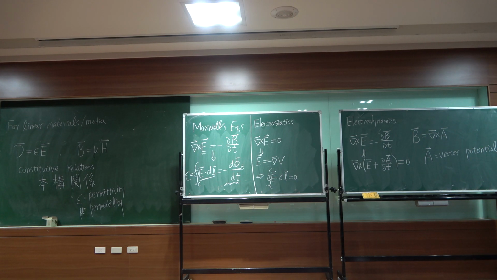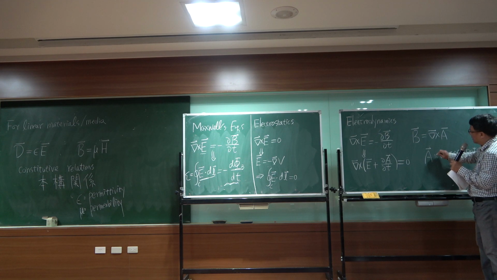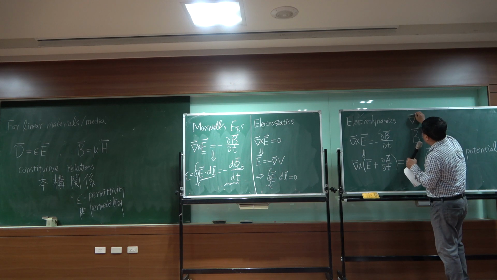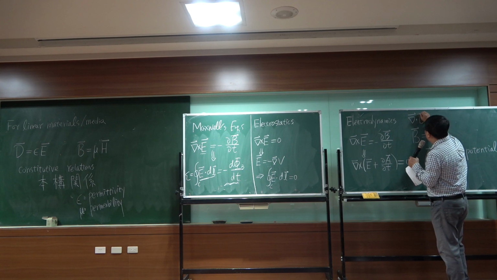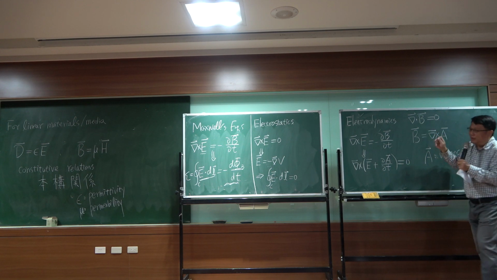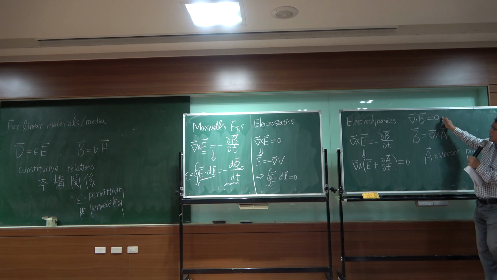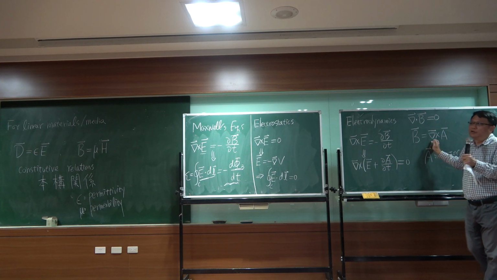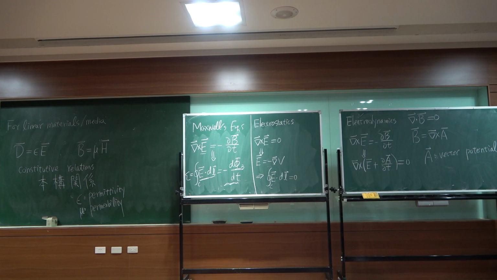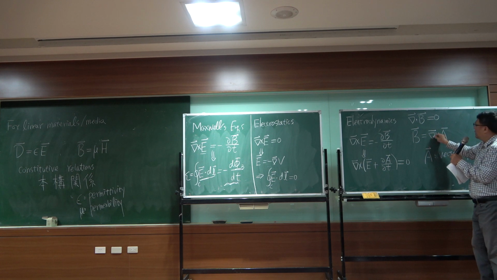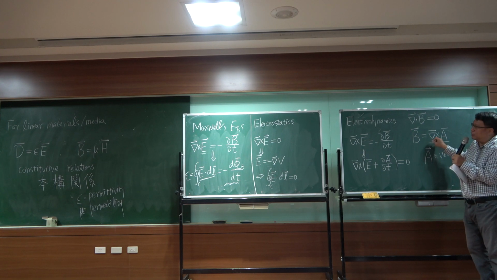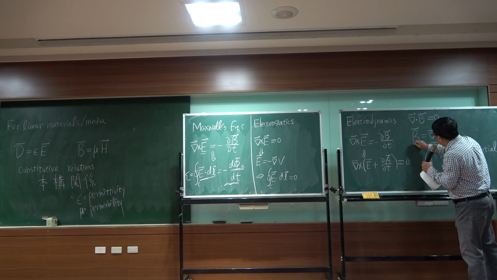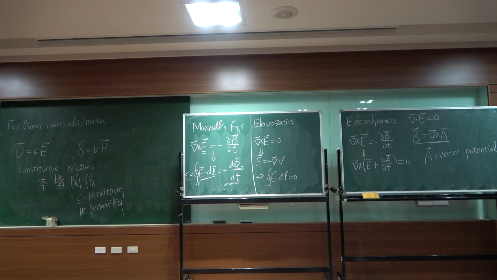A 是 vector potential，就是所谓的向量式。那这个式子是来自于什么呢？刚刚不是 divergence B 等于0吗？没有 monopole，divergence B 等于0。那什么样的东西的 divergence 等于0？就是 curl。我们在工数里面学到一个向量场的旋度的散度是0，所以 B 就写成一个旋度。In